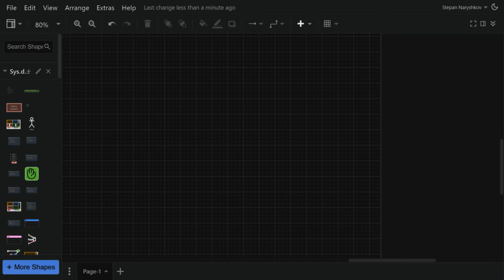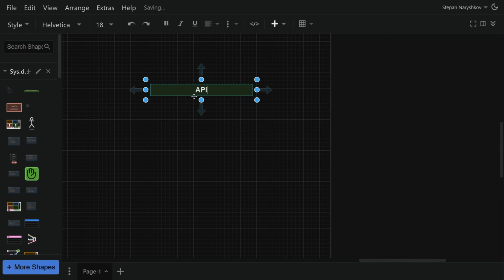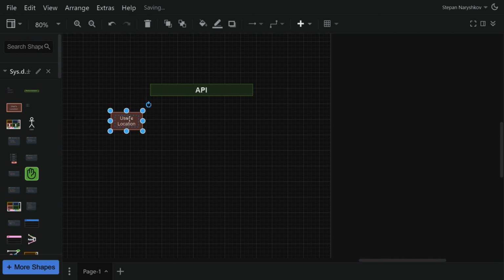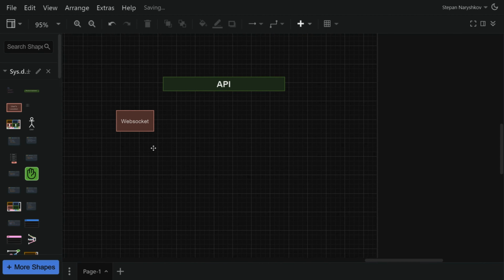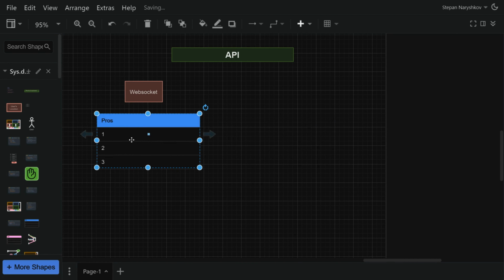API is our next topic, so let's add a new block here and write API. And here we can use two approaches to make a video call. The first one is WebSocket. WebSockets create a persistent, full duplex communication channel over TCP, allowing data to flow freely in both directions between the